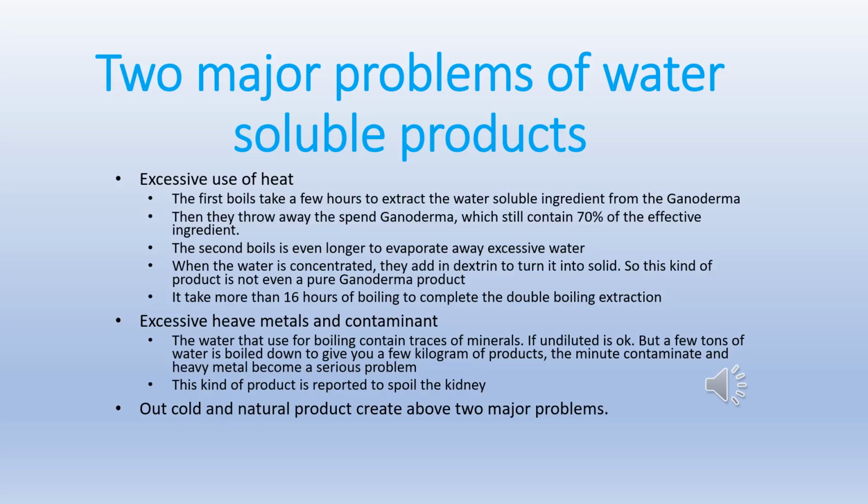The first problem is the excessive use of heat. They boil for 16 hours. Normally this process takes about 16 to 20 hours to get the extraction. Secondly, sometimes the water is not very clean. When the water is in dilute form it is okay, and drinking 1 or 2 cups is no problem. But if you put in a few tons of water and keep on boiling it until it becomes very, very concentrated,